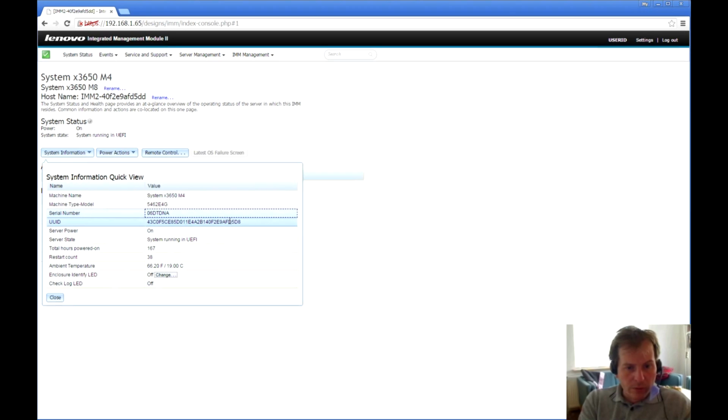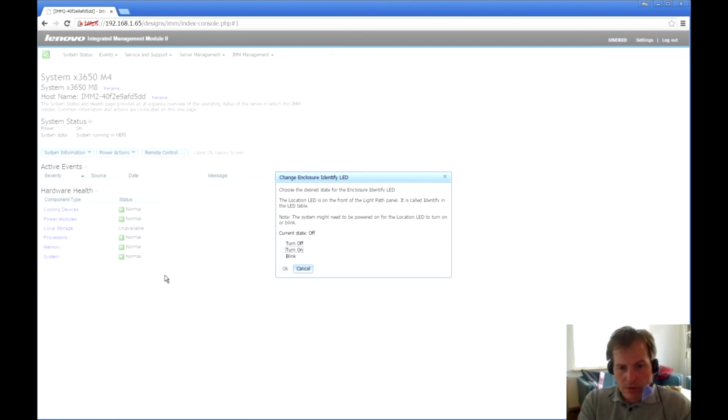We get the serial number. We get a unique ID code something. And it tells us that the server is on, and it tells us the state again, total number of hours the server has been on, total number of reboots, the temperature, the ambient temperature. This means that the server is dragging in 19 degrees Celsius air. That's 66.20 Fahrenheit. The enclosure identify LED is currently off. That's the light tower icon on the server, and we can turn that on,